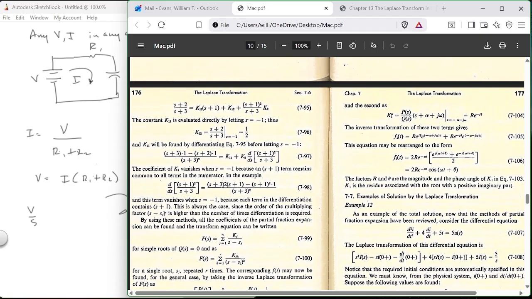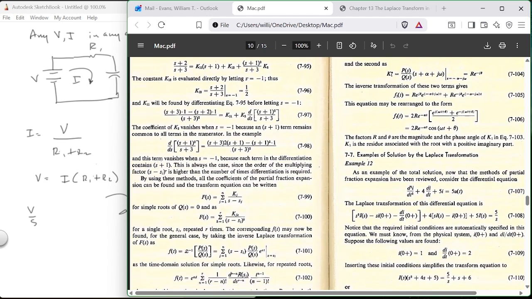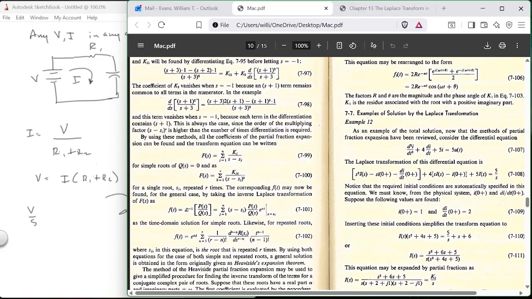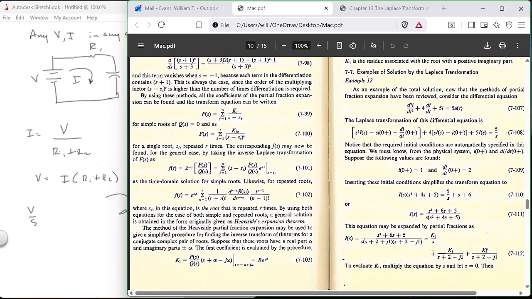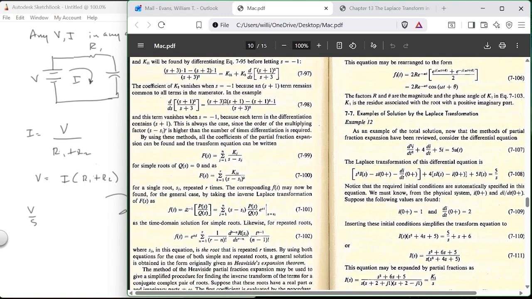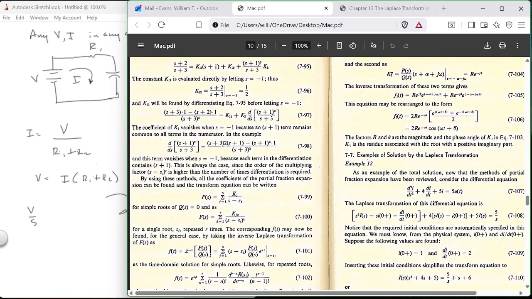Okay, so here is this breaking down of the one where it's this guy right here, and here is the formula for that, and it is 2 times the value of R, whatever that is. So it's 2 times